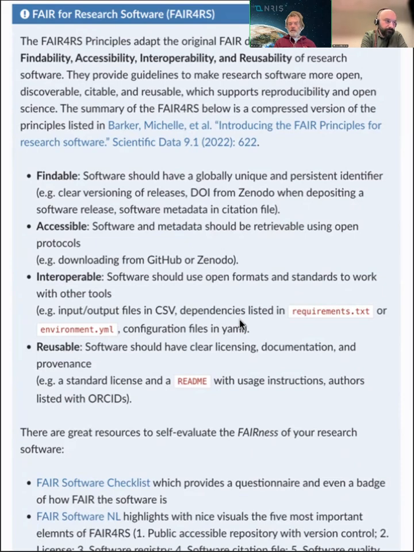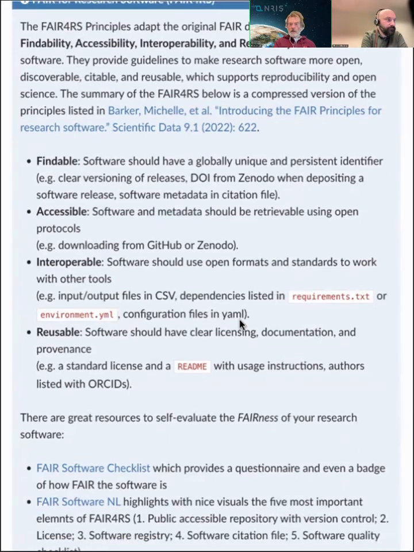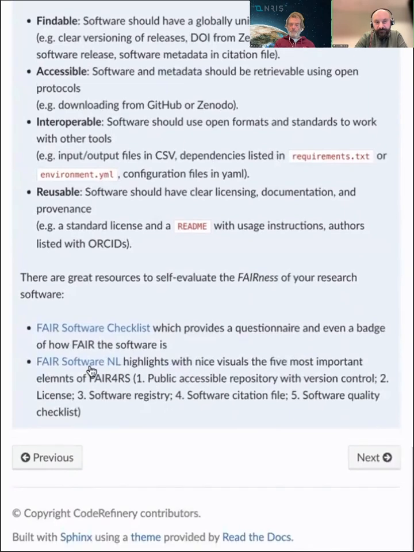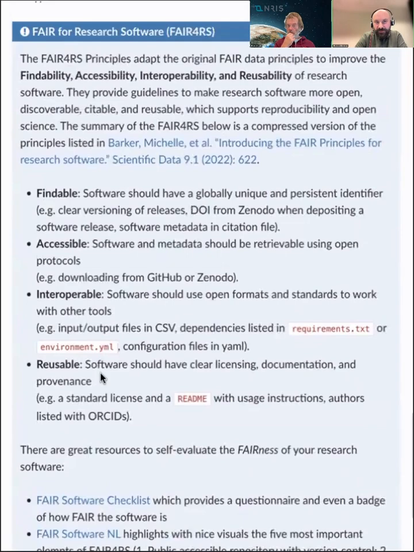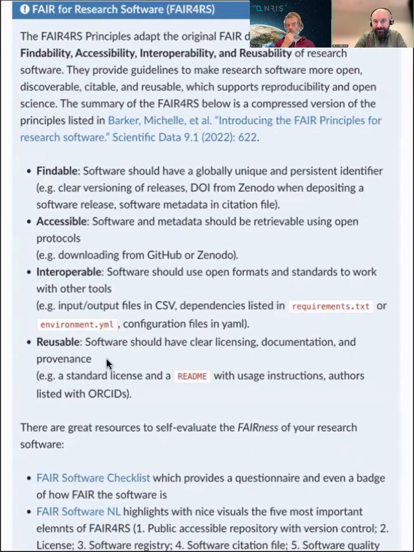So there's a checklist, fair-software.nl, which highlights with nice visuals the five most important elements of FAIR for software. I really like this. In a way, these FAIR principles for research software are the core summary of these lessons. If whatever you're going to publish along with your paper has these elements, then you know that you're fine and that everything is in order.